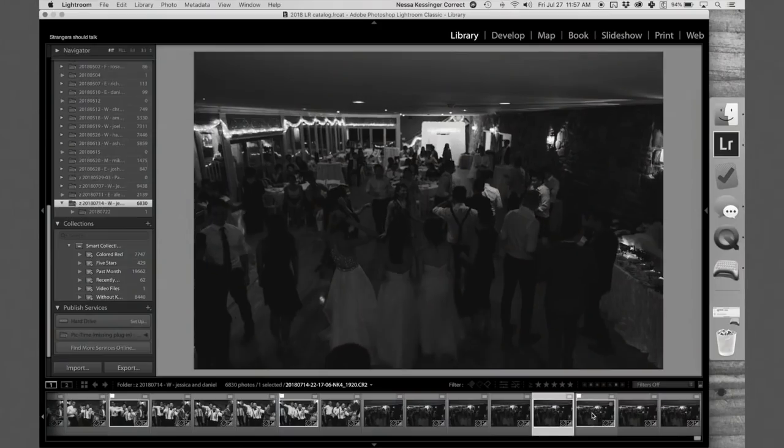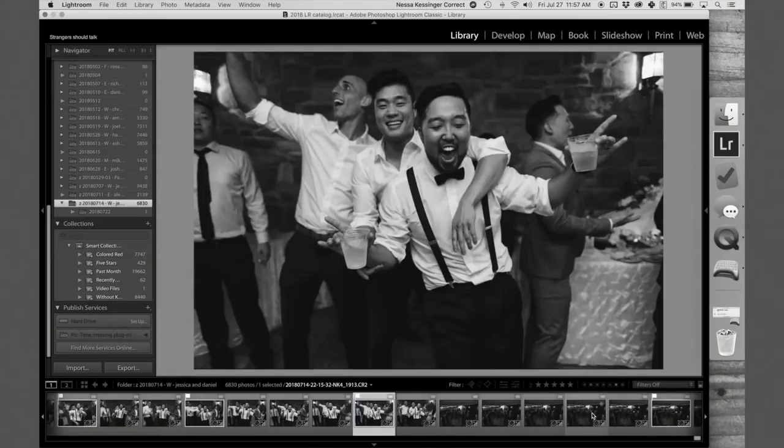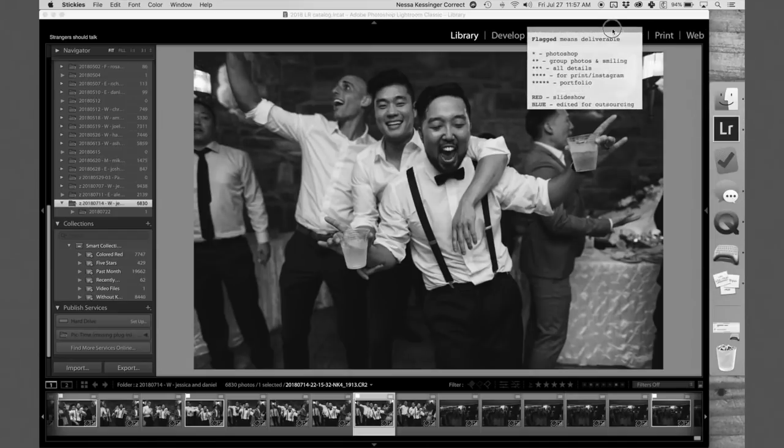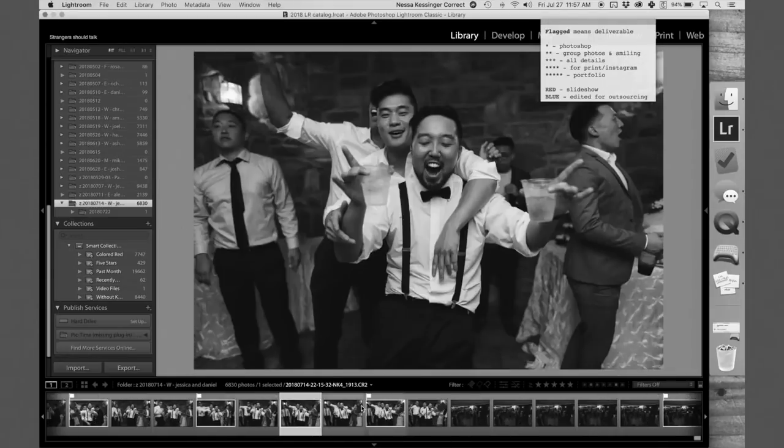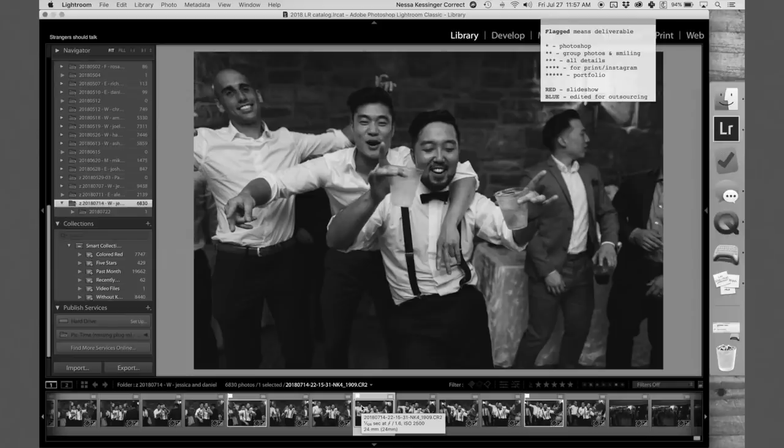This is a wedding that I've already worked on culling, but I'm going to talk through all my flags. I can actually show you guys what all of my flagging means. I flag for anything that means it's deliverable, so all of the white flags that you see are deliverable. I will star things 1 star if it means something that I need to take into Photoshop to remove something